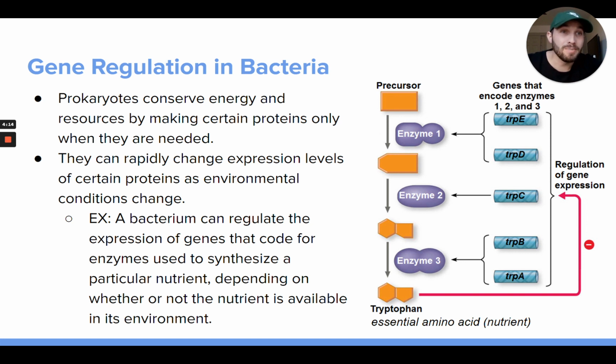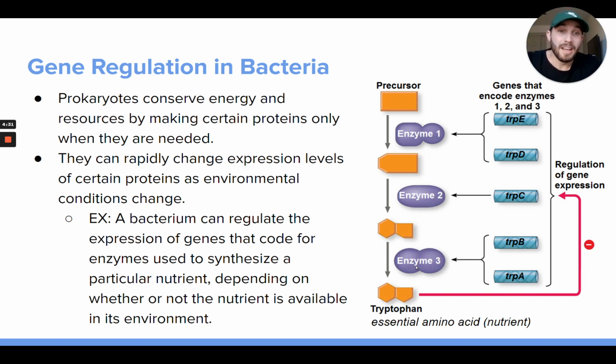So by cells being able to control which genes are being used and how much those genes are being used, and only using genes when they're needed and not using genes when they're not needed, that helps to conserve energy and resources in the cell. So it makes cells really, really smart and efficient by being able to control what genes are being used and